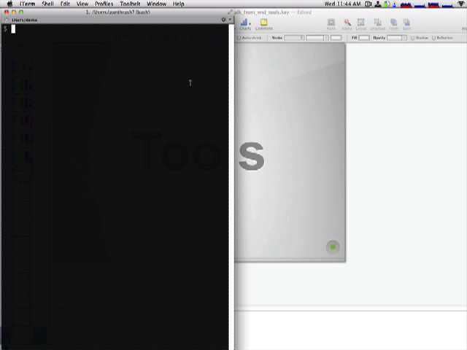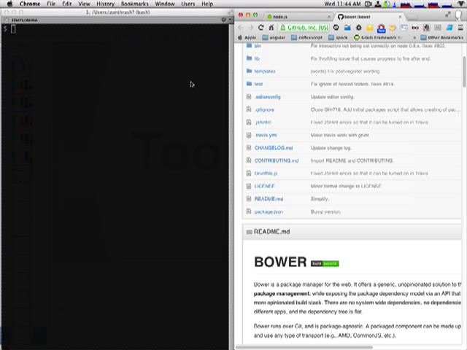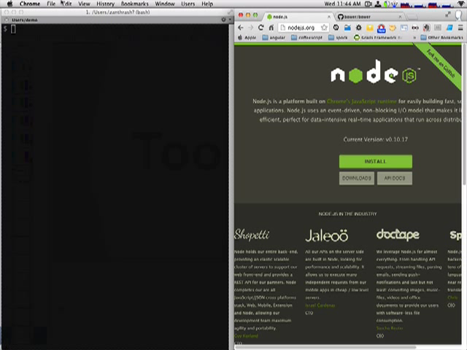So the first thing we're going to look at is NPM. And NPM is, unofficially, the Node Package Manager. The joke is that's not what it stands for, but it's called NPM because that was the name of the command line, and the author of NPM liked it because he could type it with one hand on a QWERTY keyboard. So NPM comes with Node,